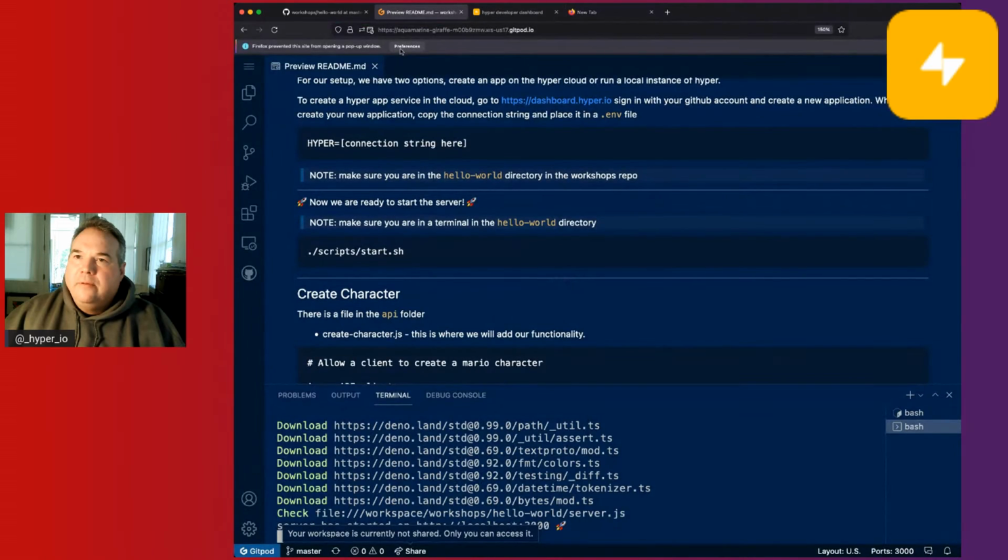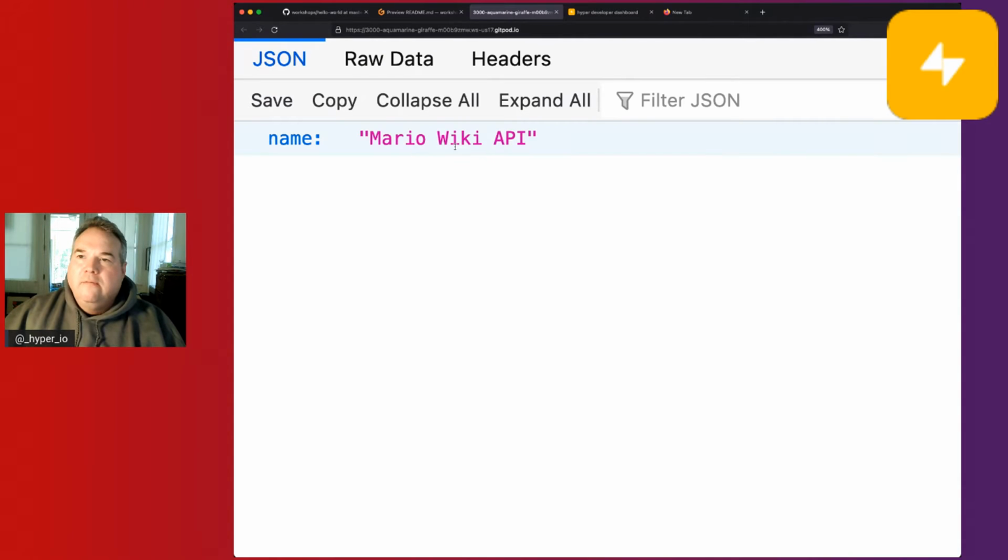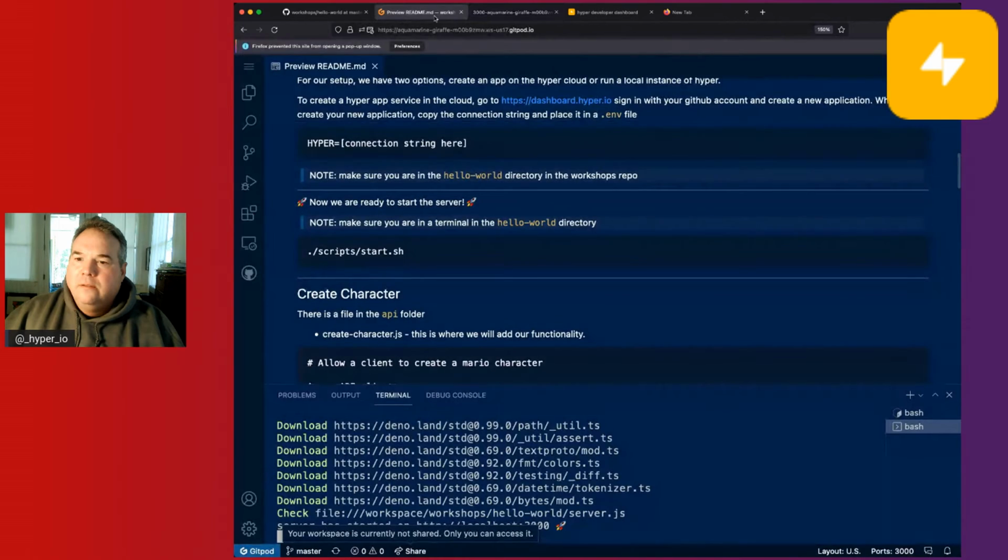and check that out by opening up our URL here. And you can see we're running Mario Wiki API, which is pretty cool. Maybe I can zoom in on that. Very cool. Okay. Now we've got that running,